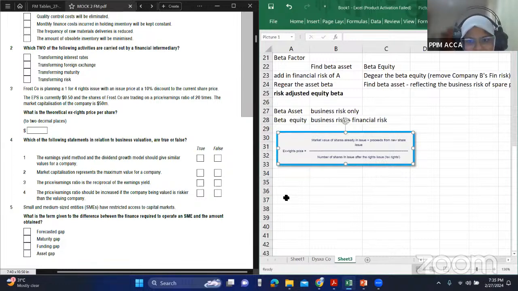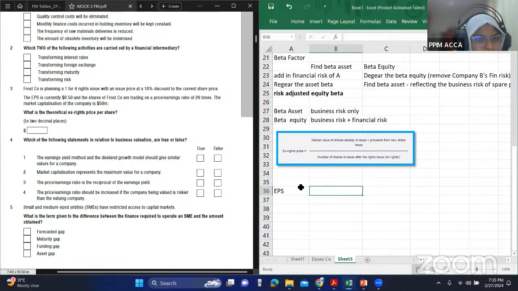All they are giving you is the EPS, earnings per share, and they are giving you also the PE ratio. So we have to do something with these. And then they are saying about the 10% discount. They're giving a market capitalization. But even if you get market capitalization, you can divide this by the number of shares. That also is not very clear. We don't know how many shares we have. So we can't get it with the market